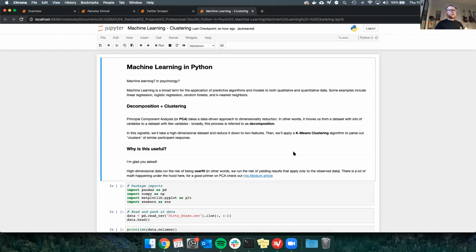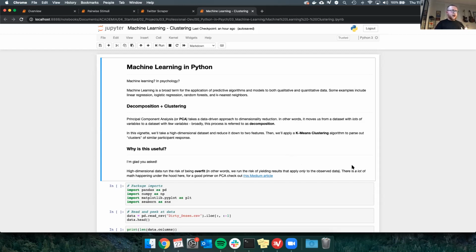And you're wondering maybe, why would we want to do this? It's nice to have a lot of variables. And that's totally true, but a risk you run with high dimensional data is that it can be overfit, which in short, basically means that you can make a model that has very good results to the data in front of you, but as soon as you apply it to outside data or new data, it would not perform very well. So we definitely want to avoid that.